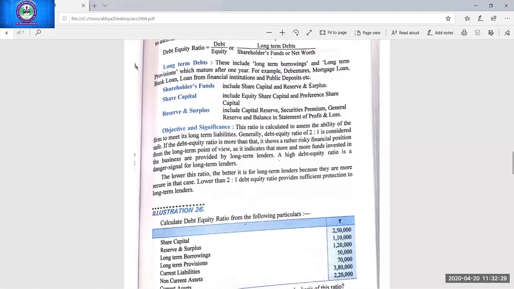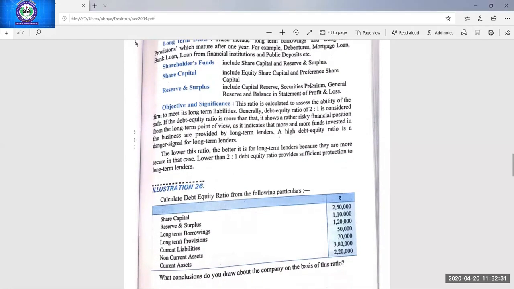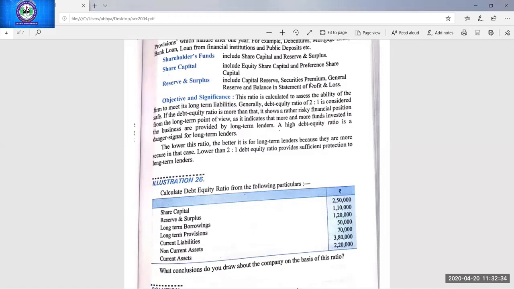These type of questions will come in the exam. Calculate the debt equity ratio fast. I'm giving you just 2 minutes. Some items may be of no use, so you have to leave those items. And if some items are not given, then again you can use the magical balance sheet format which I had given you. That balance sheet you can use in any category of ratio, especially the 3 categories except the profitability ratios, to know the hidden figure.